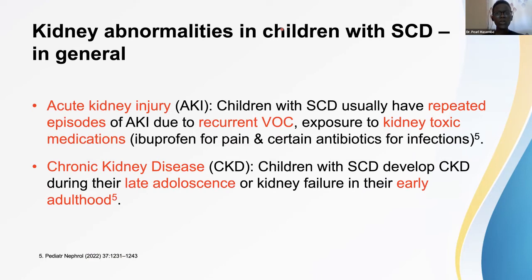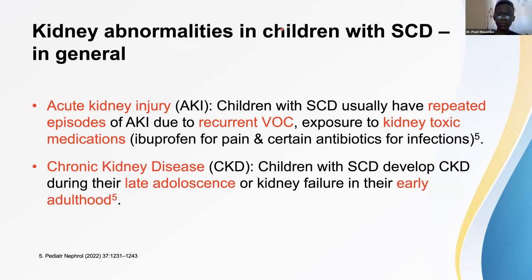Because one of the risk factors for acute kidney injury is vaso-occlusive crises, and a child who has sickle cell disease has these crises repeatedly, recurrently. So this is affecting the kidney. They get the acute kidney injury also repeatedly. These repeated injuries to the kidneys can also lead to